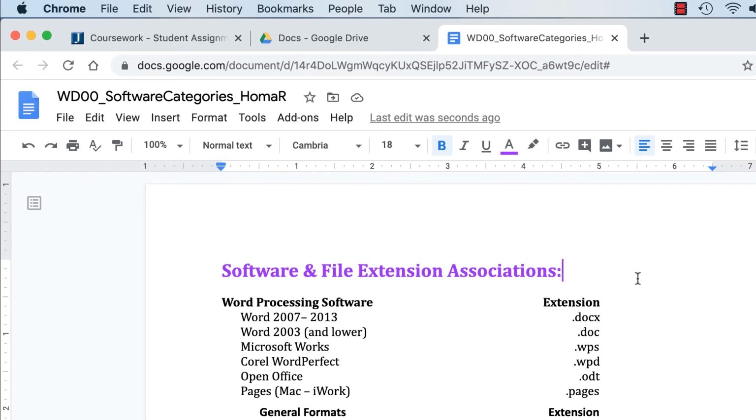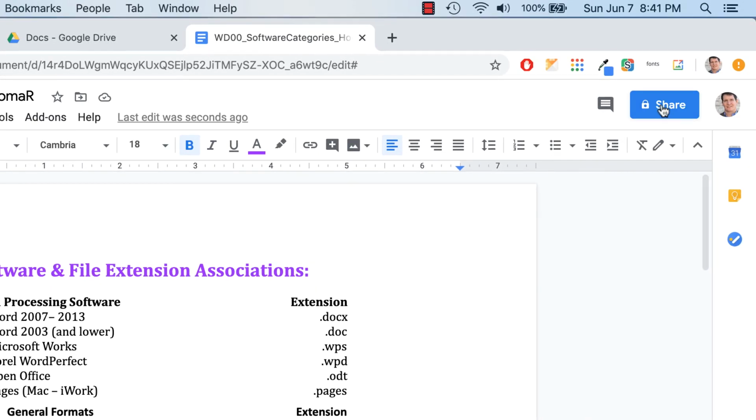And that's all you have to do now in Google Docs. You don't have to save it because it's going to be saved. Now, typically what we do when we're working in Word, you're going to download this and upload this and do all that. But since you're working in Docs, you don't have to do that. What you can do is you could go to Share,